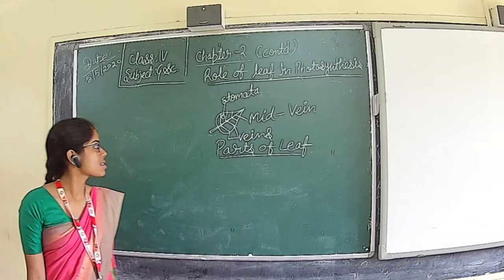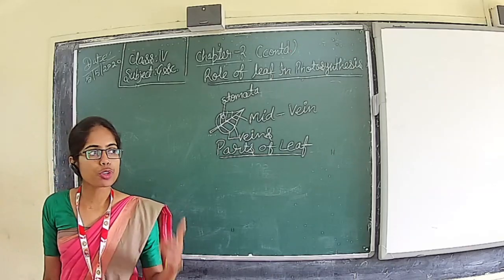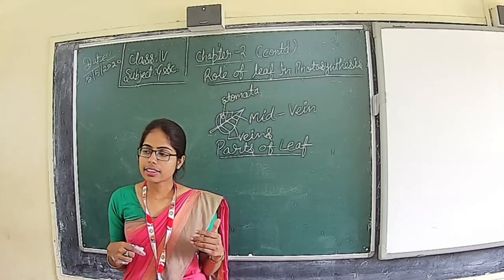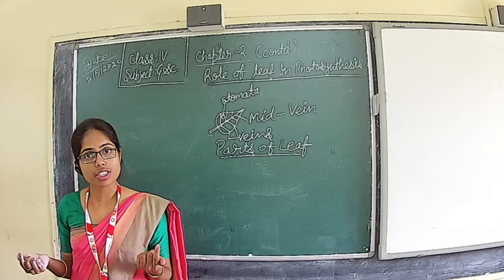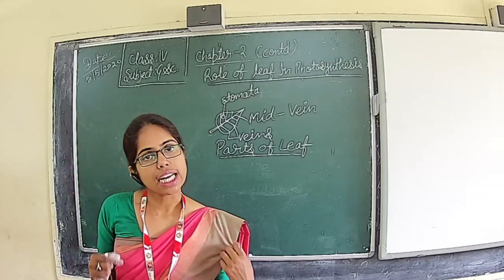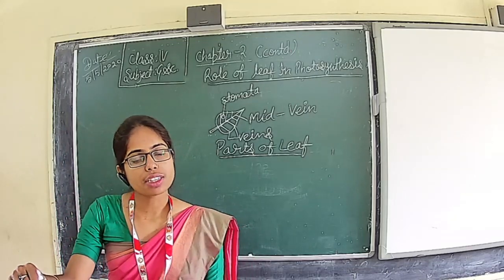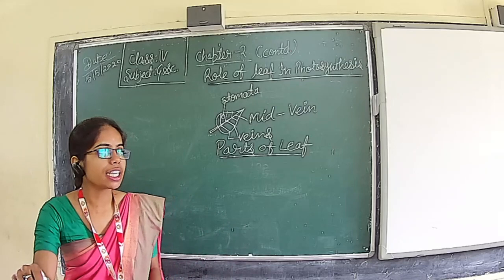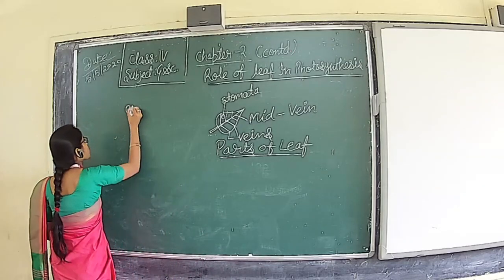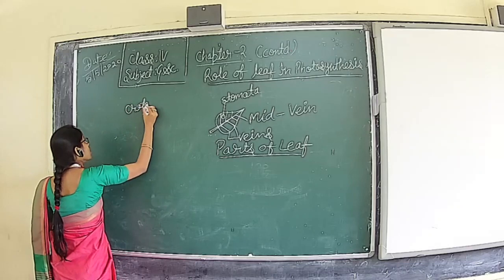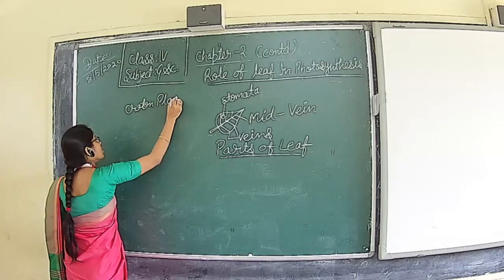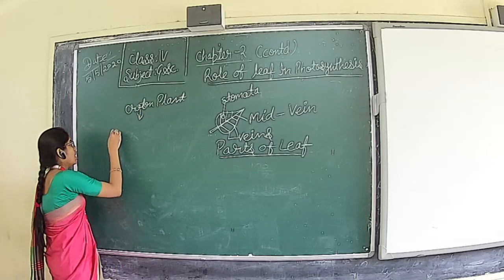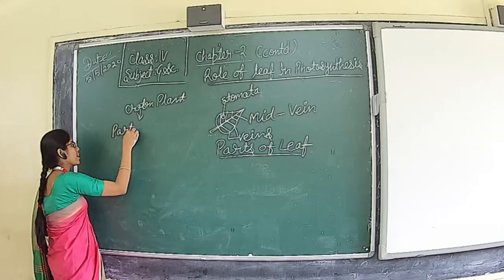Now we have to perform two activities to show that chlorophyll is necessary for photosynthesis, and to show that sunlight is necessary for photosynthesis. Let's see how. We have to take a leaf from the croton plant. We know that the speciality of the leaf of this plant is that it is partly green